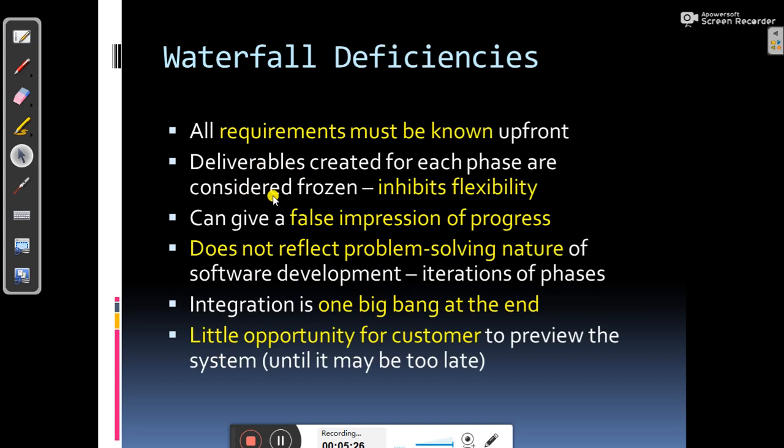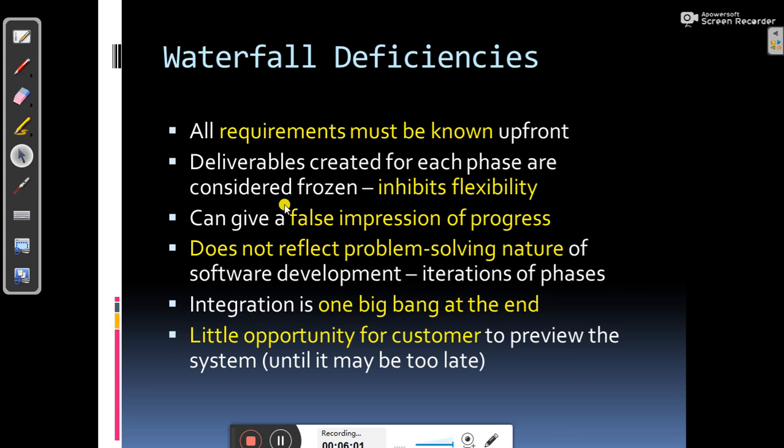But the deficiencies are more, like all requirements must be known upfront. That is the problem. If you don't know some requirements, then you cannot build that through the waterfall model. If you go through the phases of your software development life cycle using the waterfall model technique, and you don't know some requirements, then you will build and test the software without knowing those requirements, and you might fail. So it is important that all requirements must be known upfront, otherwise you might fail,